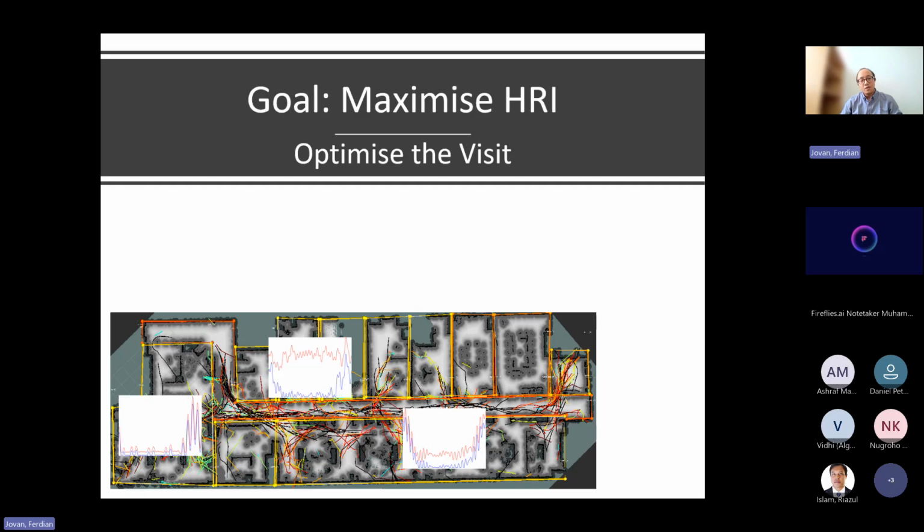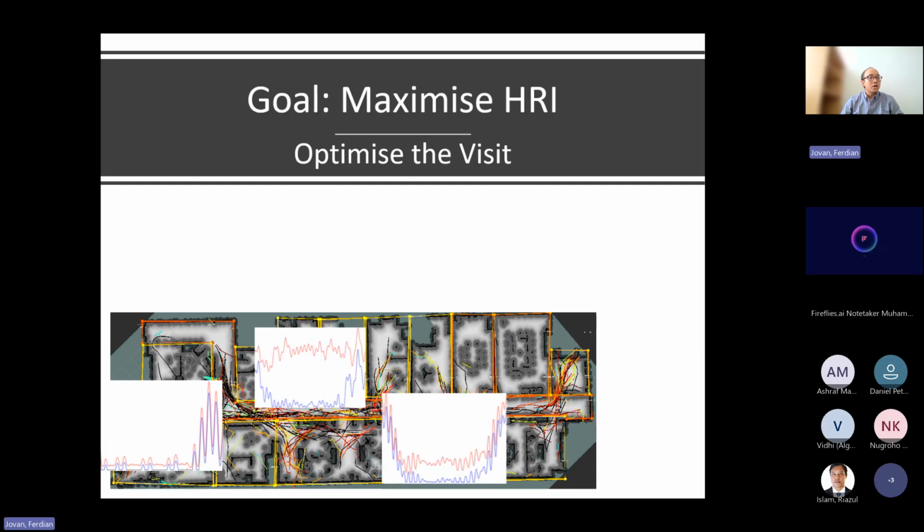Then, how do we create this schedule itself, so that the robot can maximize its interaction? If we have the characteristics of the rooms like this, and we compare this and this one, you can see that this is definitely a place you want to visit, or the robot wants to visit this place at this time, because historically it has a lot of people.